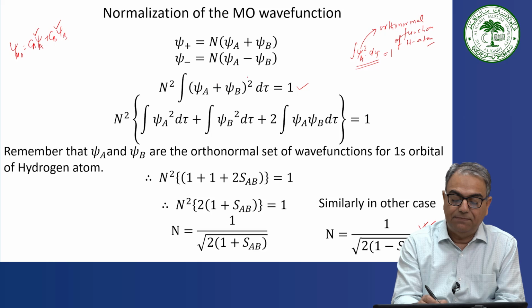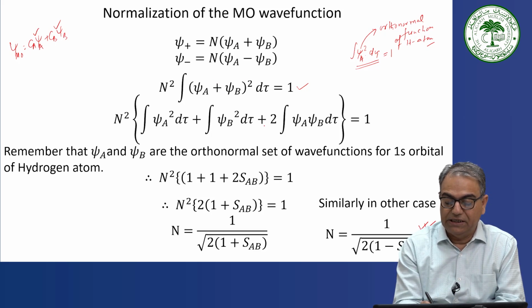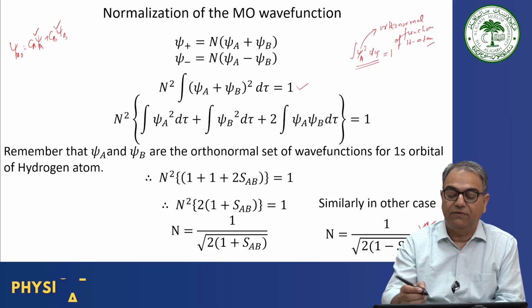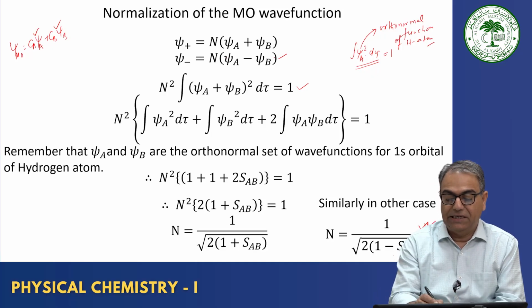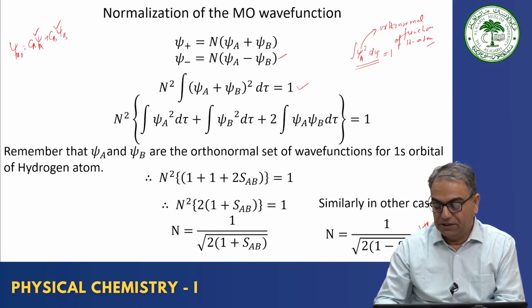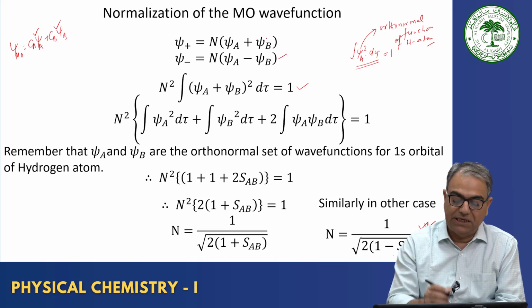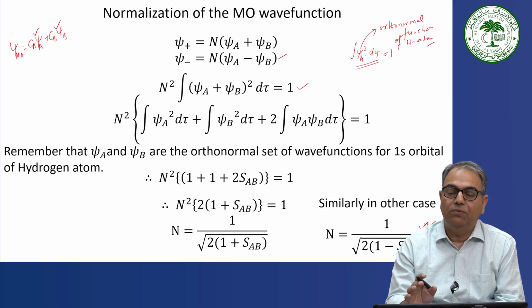This we have used for psi a plus psi b square. If you use psi a minus psi b square, then you will get a negative sign in each of these places. So this is the normalization constant for the other function. For psi minus, or n psi a minus psi b, the normalization constant is 1 divided by root under 2 into within bracket 1 minus Sab. And for psi plus, n psi a plus psi b, it is 1 divided by root under 2 into 1 plus Sab. So we have got the normalized eigenfunctions for the two molecular orbitals